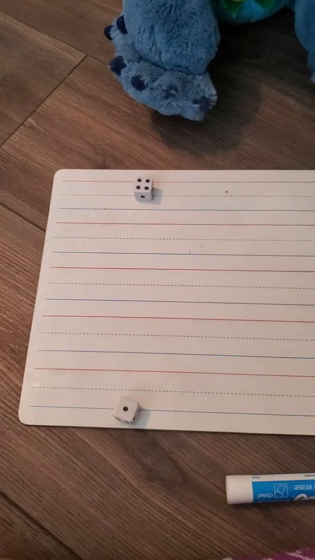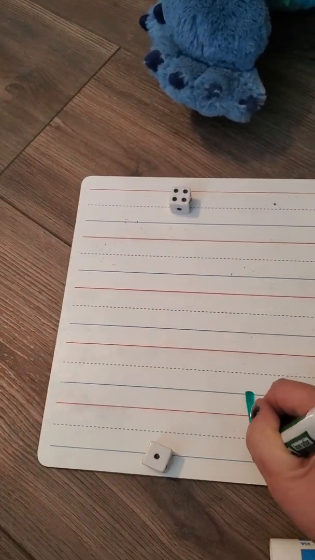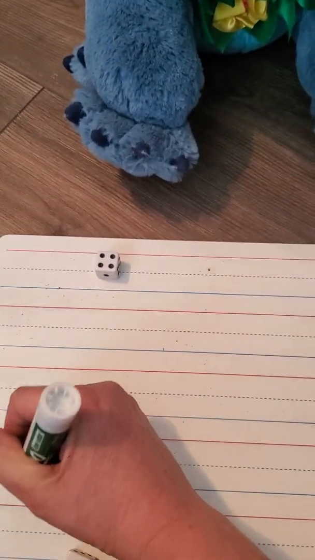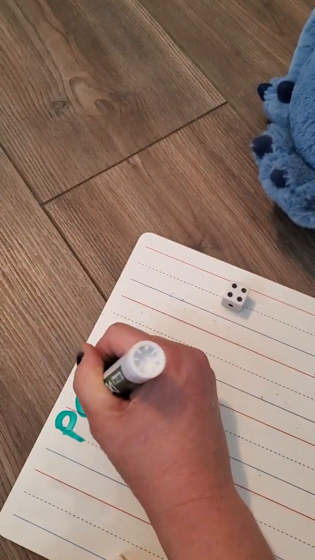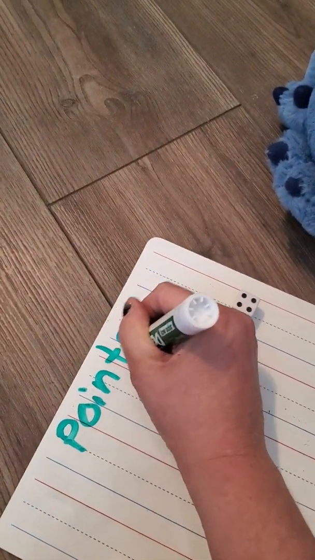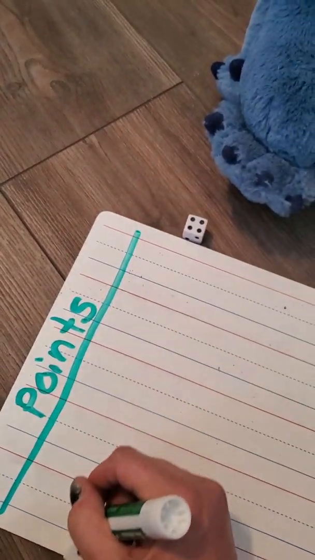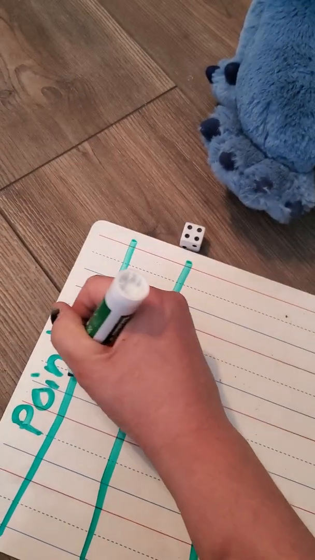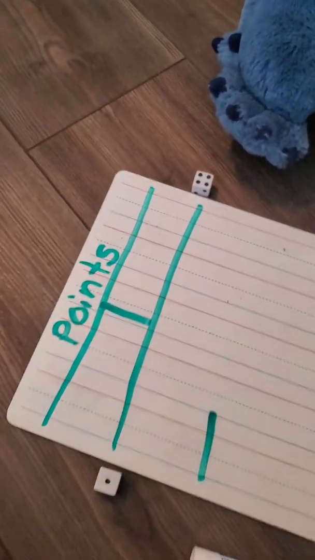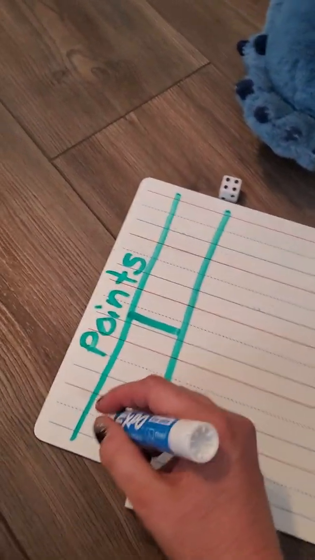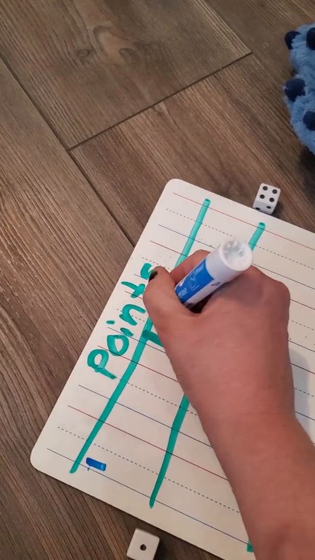Oh, I got a 1. So I'm going to come straight down, and that is all. Oh, you know what? We got to do points. So points. All right, so we're going to go ahead and do some points on our board. Sorry, I'm setting up my board. So Ms. Keegan and Stitch both got a point because we got equal. So when you get an equal, both people get a